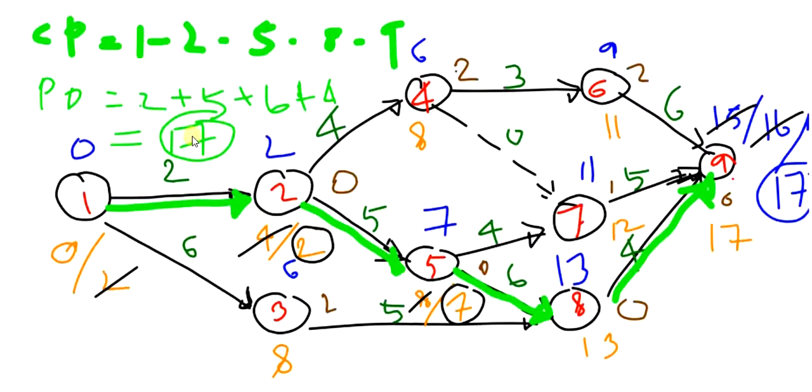So here also you can see the value 17 as the TE and the TL values. It should be equal to the length of the critical path, and this project can be completed in 17 units of time, say days or weeks or months. Okay, that is how we find out the critical path and the project duration of a network diagram given with the activity durations. Okay, thank you.